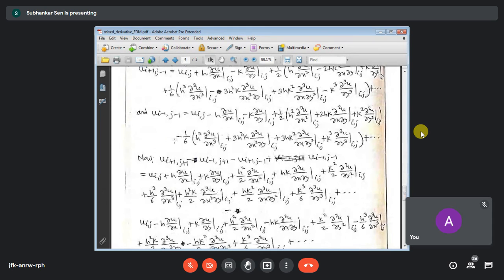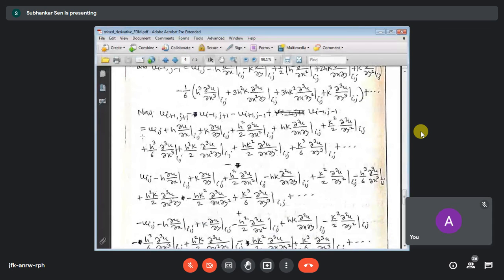Whatever expansions we have made right now, we just arrange in that manner so that all the similar kinds of terms are together: i plus 1 corresponding to j plus 1, i minus 1 corresponding to j minus 1. These are the plus terms. If it is minus, then it is plus; if it is plus, it is minus. So it must be minus. So when we arrange terms in this manner, regarding CFD, my suggestion is that if you read it,